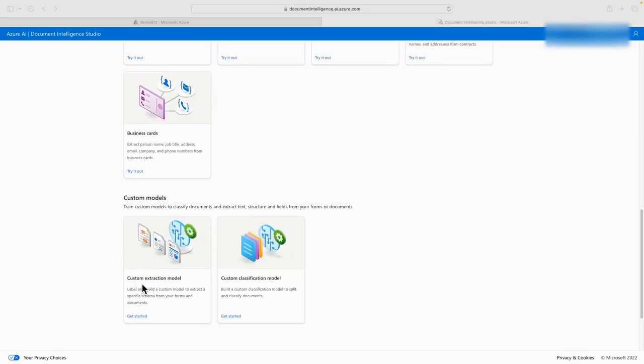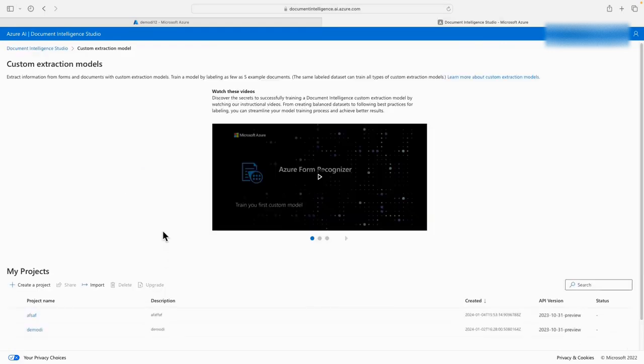In order to train this custom extraction model, I'm going to click on this. As I said already, you need to have a minimum of 5 sample documents which should be in a similar format, and you have to upload those documents to this Azure Document Intelligence custom extraction model, and you are going to label the values that you need, and then you have to click on the training. So here there are some projects which I'm not going to use because these are not available now. I'm going to create a new project here,